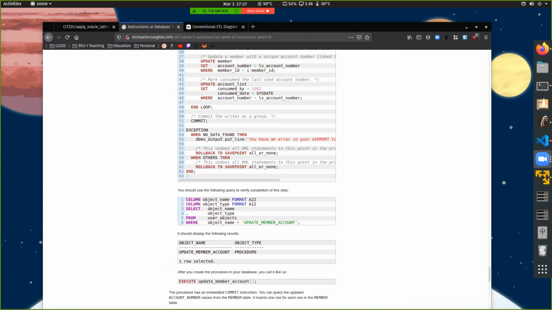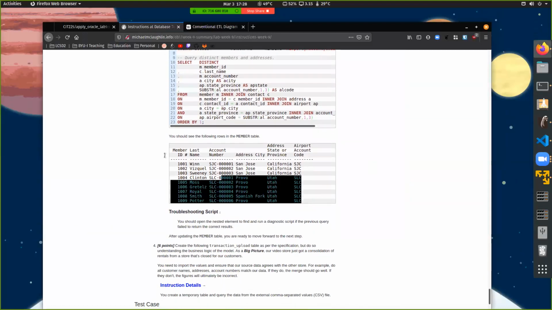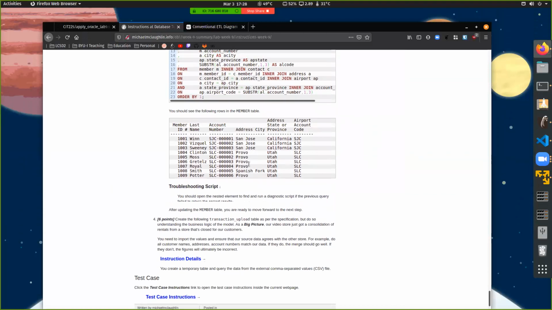Provo in all caps is not the same as Provo with just one capital P. So you want to make sure those match, or there are going to be issues. Once you're done with that, you should get everybody in your database, and they should all have